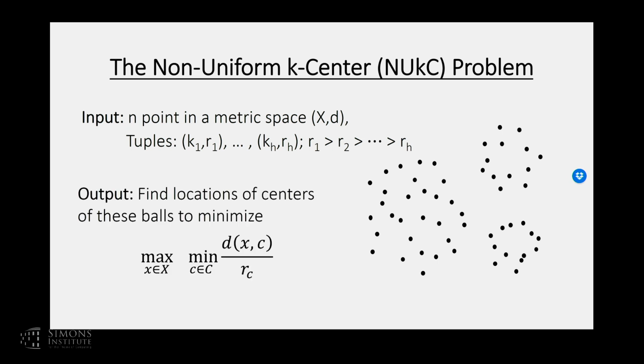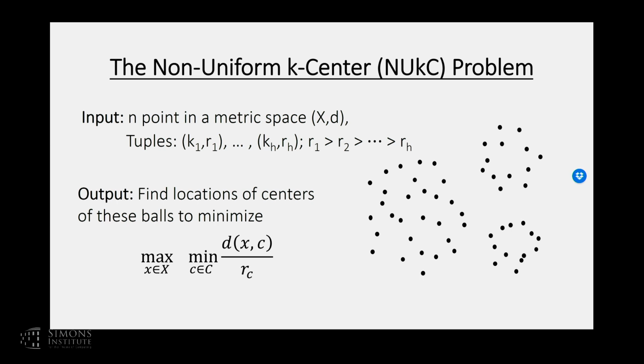So I have to put the centers. And again, for every client, it looks at the nearest center it can get to divided by the rate of that center. So it's d(x, c) by r_c if the center of type c is opened there. And I want to again look at the worst client, the client who gets served the